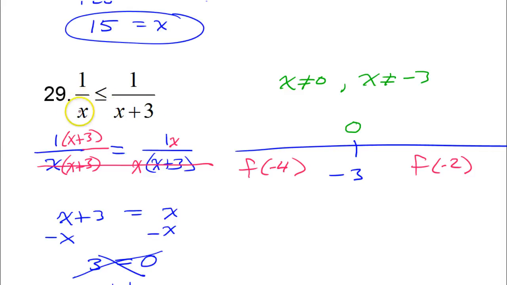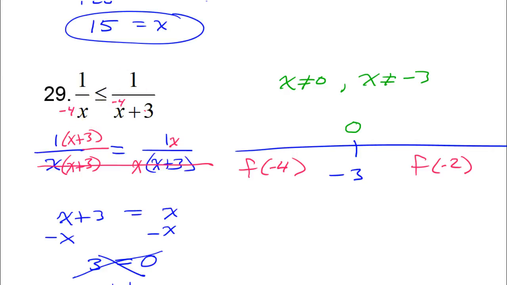For the first time, I have variables on both sides of the equation. So I can't just put one side in my calculator and then compare it to the number. So I have a choice. If I want to leave the equation in this form, then I would need to evaluate both sides. So maybe I'd have to either do this by hand and put my -4 in here and put my -4 in here,